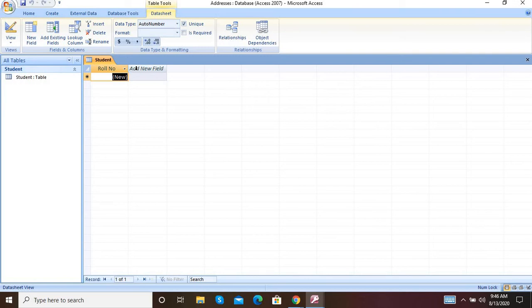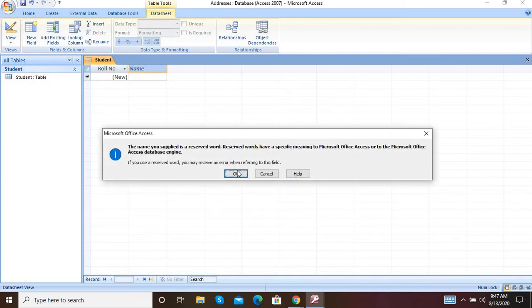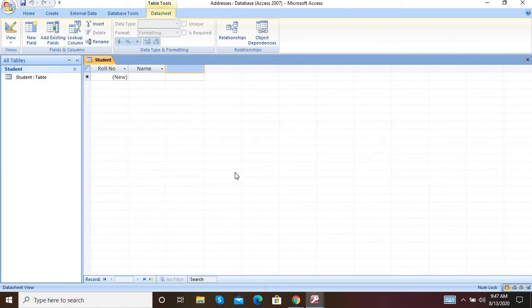Now you see that there is no field yet. But when you press the tab key, or when you double click on Add New Field, if you want more fields, they will be created one by one. Like this I am showing here. First is name, then click OK. It means they are asking if you want a new field, so yes. Then next is address. Again press the tab key, date of birth.